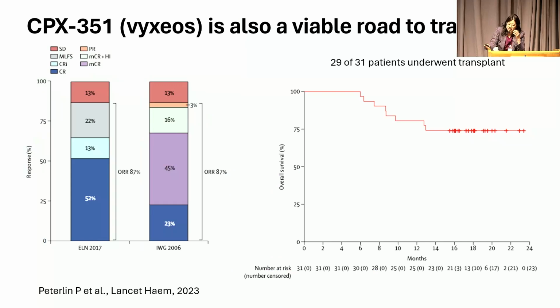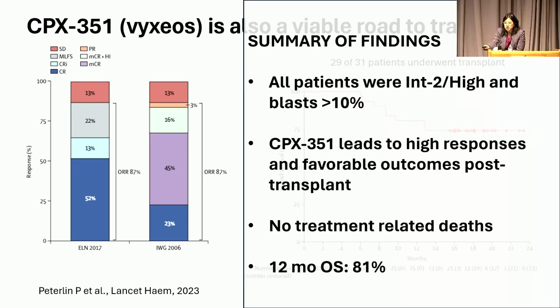Importantly, our colleague, Dr. Peterlin in Europe, presented a study at ASH and then the subsequent paper. Many of us use the example of the responses as an indication of why we had to change response criteria for MDS. So this was a very valuable paper in many ways. But what he was able to demonstrate in a small study of 31 patients was that giving Vyxeos to patients with high-risk MDS, generally with greater than 10% blasts with intermediate 2 or high-risk disease, was able to translate into an effective bridge. Nearly 29 or 30 out of the 31 were able to be transplanted, so they did what they intended,